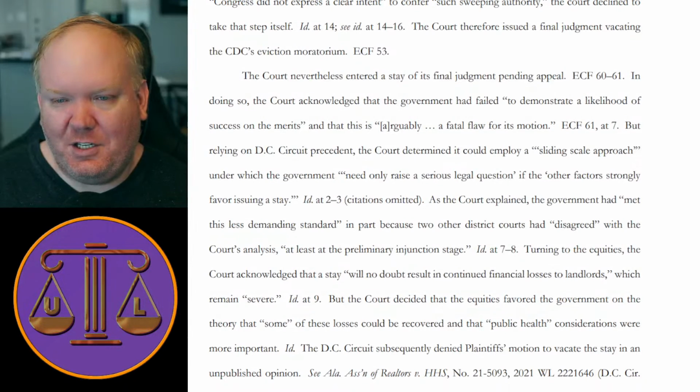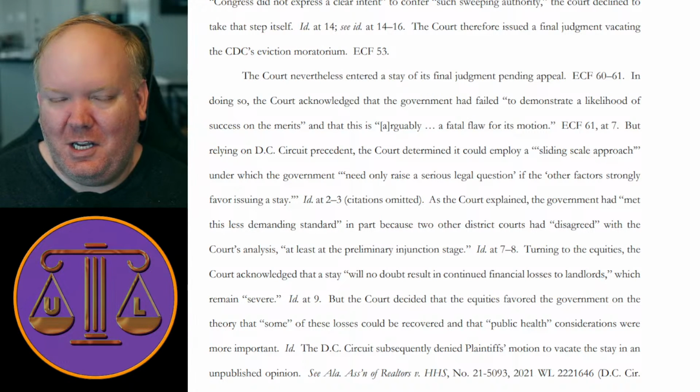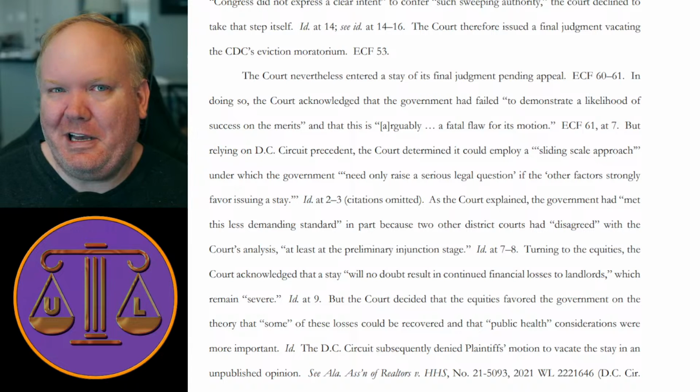The court nevertheless issued a stay of its order pending appeal, which is very typical. When they say you're going to appeal, it's very typical. Now, sometimes the district court can be a real jerk and say no, and I kind of hope this is one of those times too. No, how about no, I'm not going to issue the stay. Ask the appellate court for your stay. I'm not giving you one.